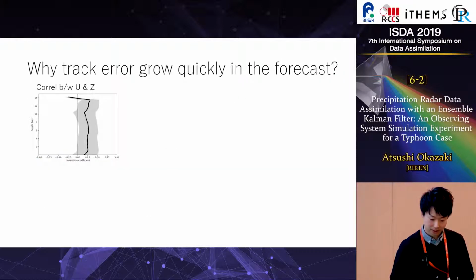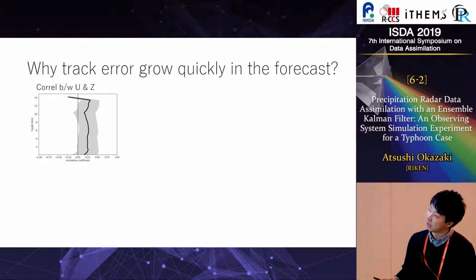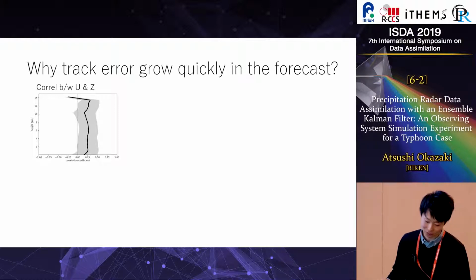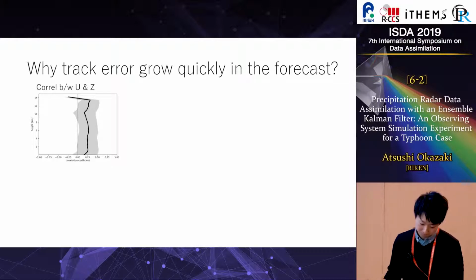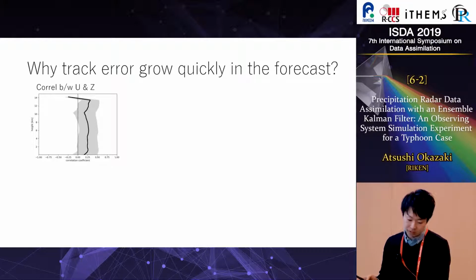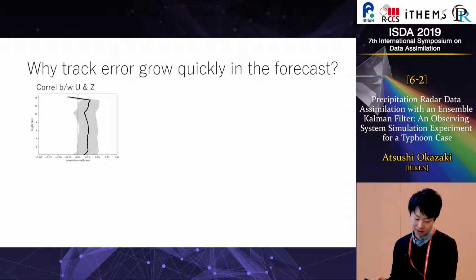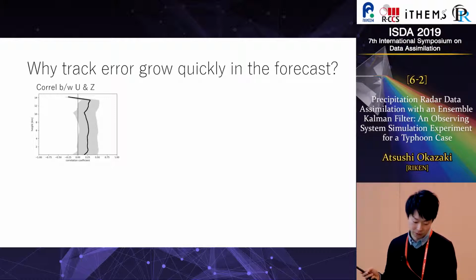That's the first point. The second one is why the track error grows quickly in the forecast. Again, I calculated the correlation between reflectivity and wind field, and as you can see, for every height the correlation is very small. So we cannot expect a good track error in the first place with assimilation of reflectivity, because the assimilation does not have the power to constrain the wind field. And the second,